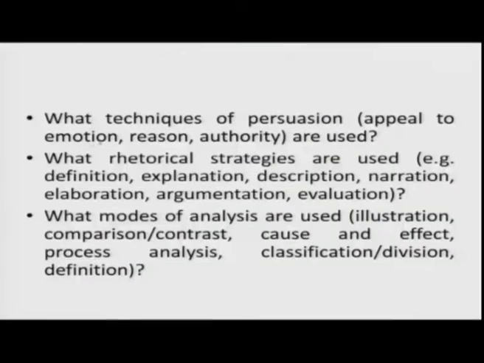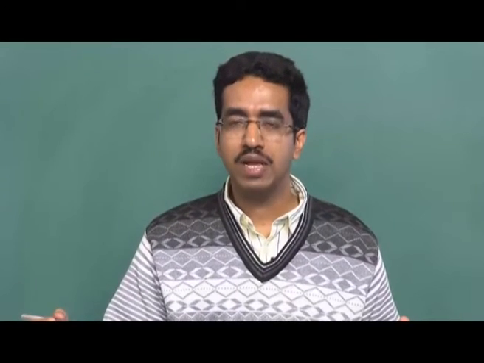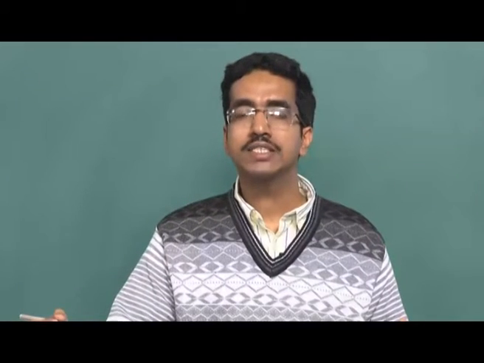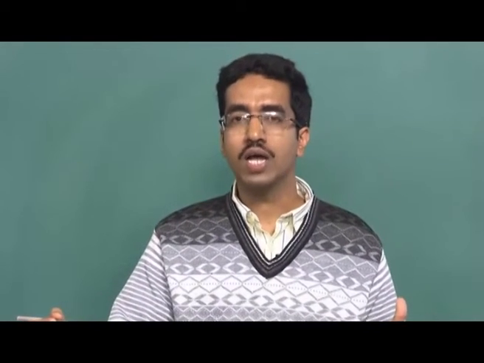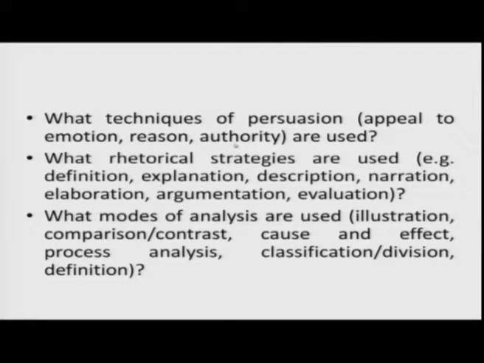If you are appealing to emotion, you will probably show a picture of polar ice melting and polar bears suffering. So, here you are appealing to emotion. The third one is appeal to authority. You quote an expert on, say, global warming and use that to strengthen your argument.